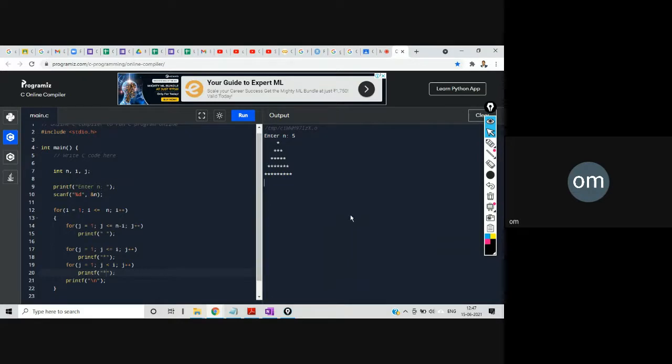particular fashion, right? If somebody tells you to print the inverse of this particular triangle, right? So the eighth type will be, just to get the inverse of this particular triangle, right? We'll simply change this thing. We'll start from n, then this will be greater than or equal to 1, and this will be minus minus. Okay, let's run this. See, now we got the inverse of this particular triangle.